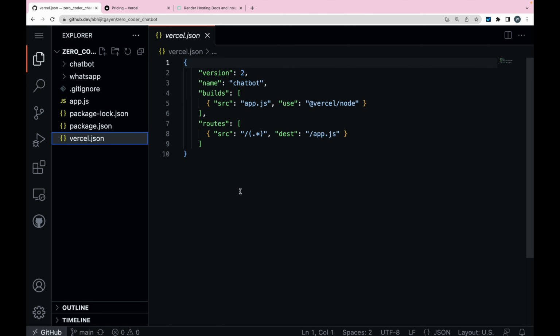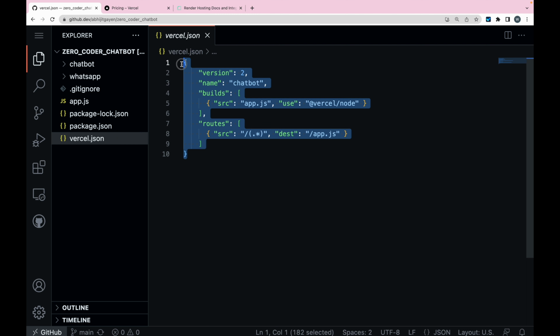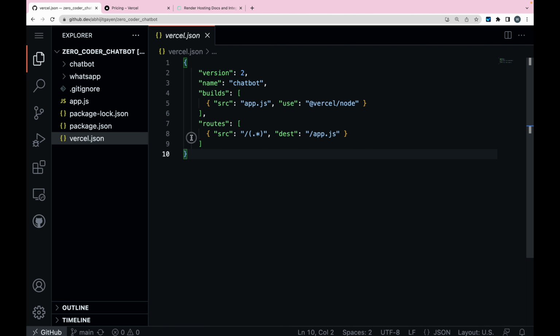If you want to deploy your application on Vercel, you need to add a vercel.json file in the main folder. If you use Render, you do not need to add a vercel.json file; it is not necessary. In vercel.json, the main file is app.js. You define the source as app.js. To run this code,